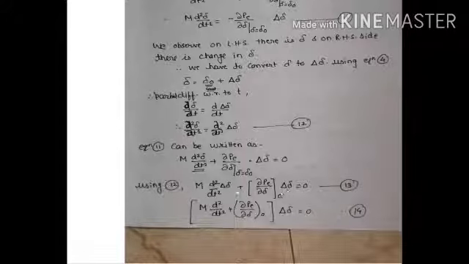Now what can I take common? If I take this term Δδ common, I obtain expression 14. Are you getting this? Then continue with the same. This same term we can write again as Mp² plus ∂PE/∂δ at the initial angle δ0 into Δδ is equal to 0. What is this p? p is equal to d/dt. So in the very short form I can write it using expression 15.